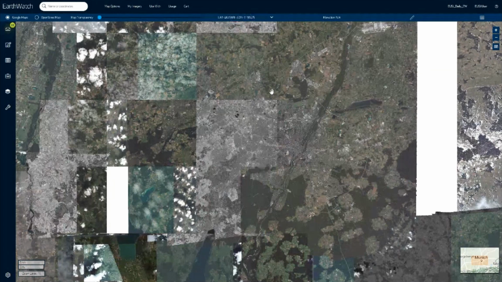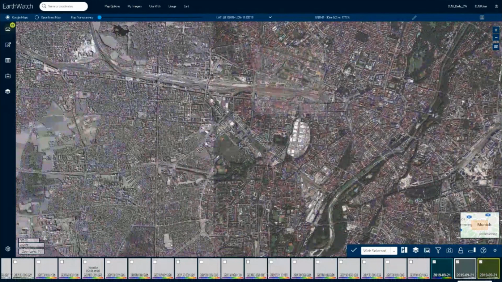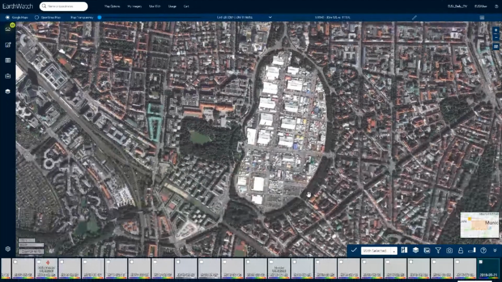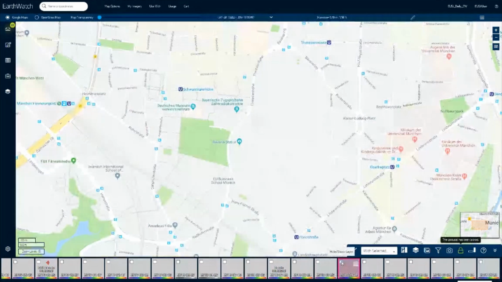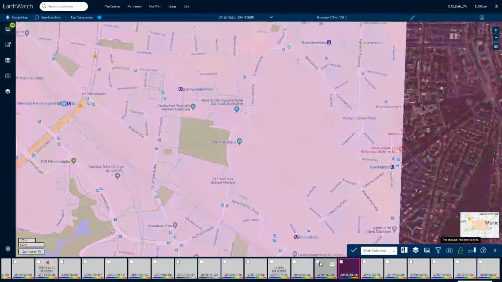And from zoom level 13, as you can see now, there is a new panel at the bottom, which is called the carousel. And this is from where you can control the images you want to be displayed. So I can continue to zoom. So here's the place where the Oktoberfest was taking place last week. And we are looking at an image acquired, as mentioned here, 21st September 2019. So from here, I can control the image and display another one or several at the same time.